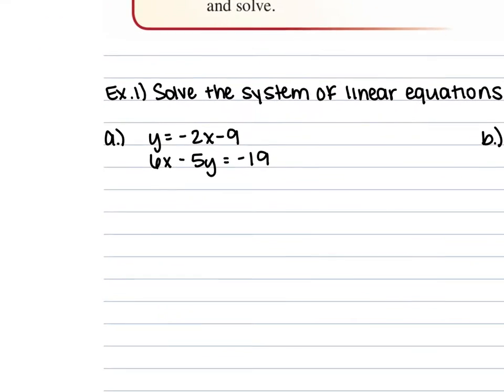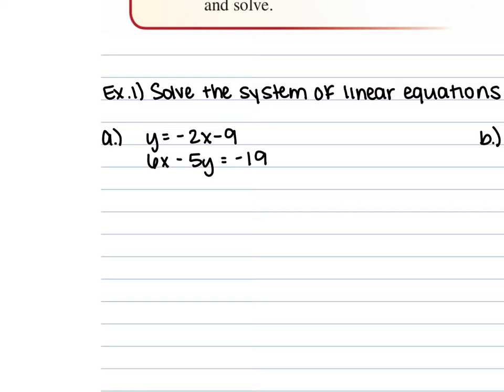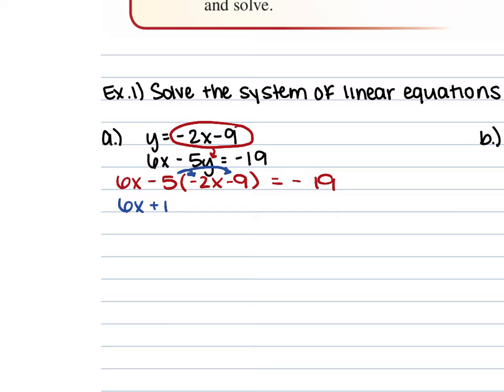So what does this all mean? For example A, in example 1, we have y is equal to negative 2x minus 9, and 6x minus 5y is equal to negative 19. With that first equation, you already have y solved for. When that happens, you can just take that expression and plug it in for y in the second equation. So you're going to have 6x minus 5 times what y equals, which is negative 2x minus 9, is equal to negative 19. You can distribute that negative 5 to give you 6x plus 10x plus 45 is equal to